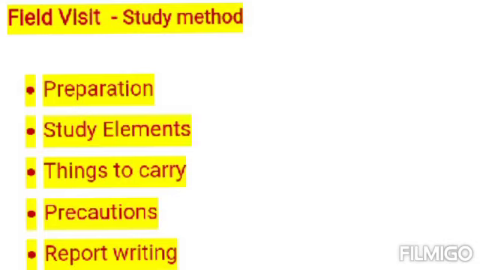Now you have gathered a lot of information. You have samples, you have photographs, you have talked with the local people, you have filled up your questionnaire. Now you have a lot of material with you, right? Now you should write the report in the appropriate format. There are some points given in the textbook. We have to follow this format. First of all, there is an introduction. In the introduction, you have to talk about the place you visited.